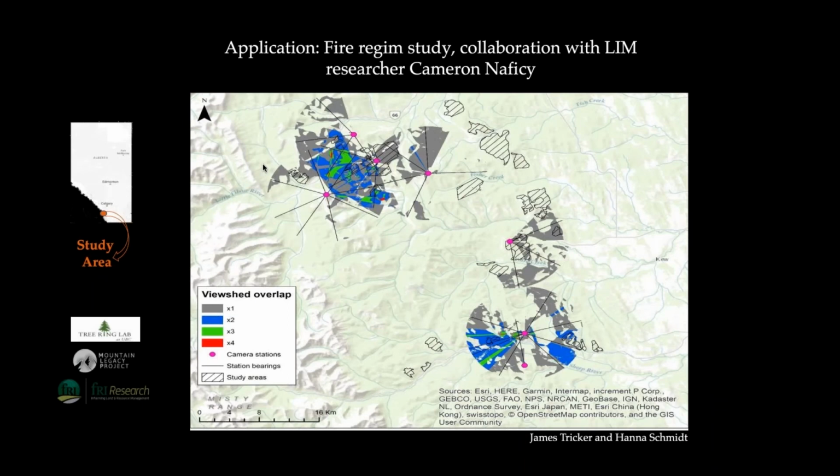So we're going to do this using a little bit of the work that we've been pleased to collaborate on with Cameron Nafasi. Dr. Nafasi is a researcher with the Landscape in Motion Fire Regime team, and he reached out to the Mountain Legacy team to see if there were any historic images looking into his fire regime study areas. Together, we identified 20 historic images of interest, and thus far, MLP researchers have been able to classify 17